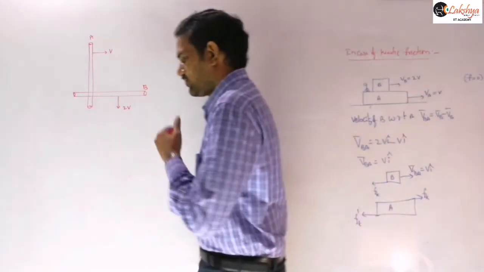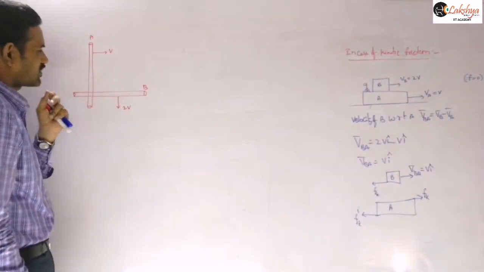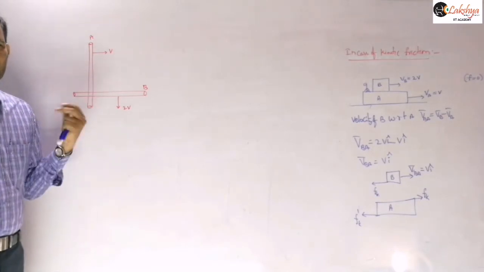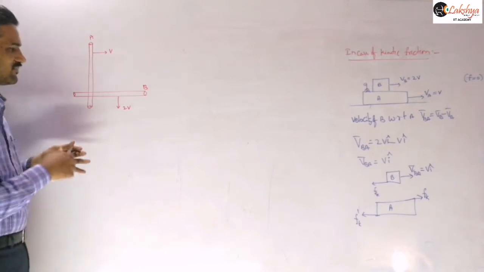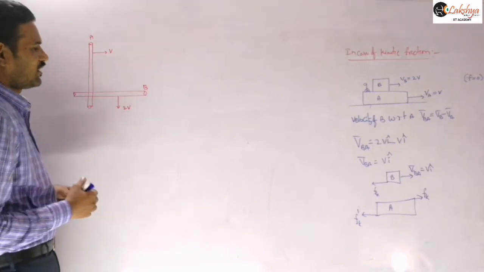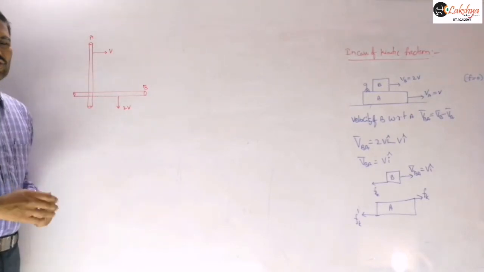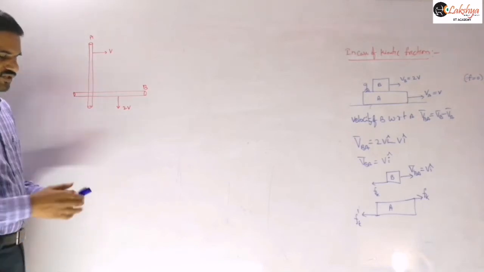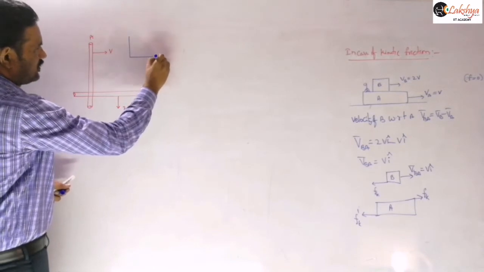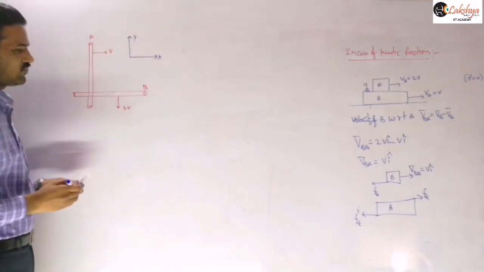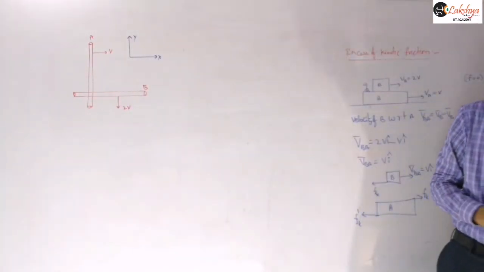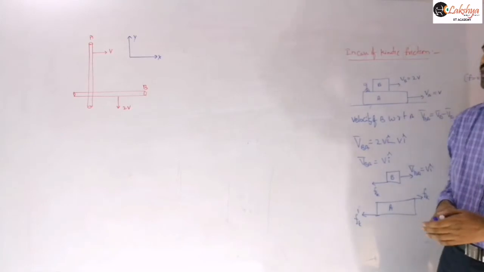Rod A is moving. It is not important, just to get the clarity to you. That means you may get a doubt here whether A is above or B is above. Then simply I am taking that A is above here. This is a top rod and this is a bottom rod I am taking here. B is a bottom rod I am taking. Then find the unit vector in the direction of frictional force acting on the rod A and on the rod B. Find the unit vector in the direction of frictional force acting on the rod A and on the rod B.